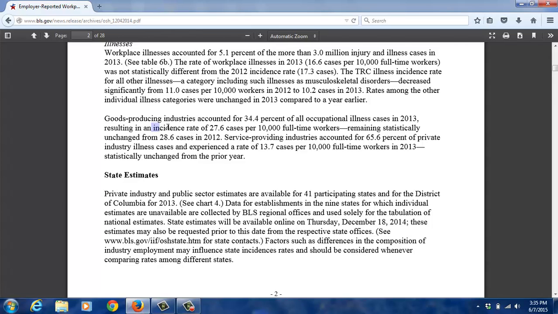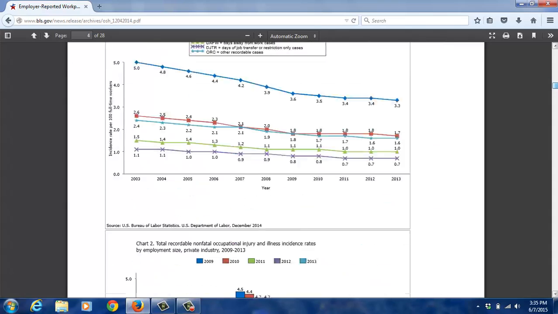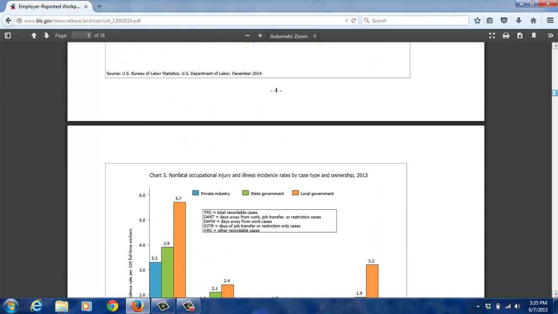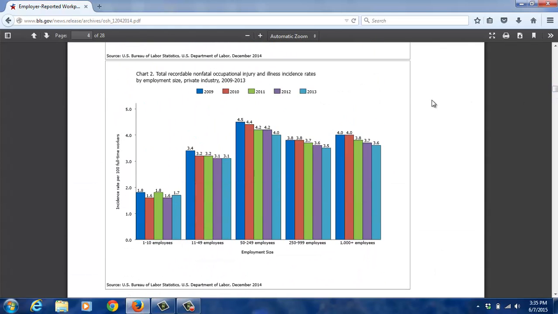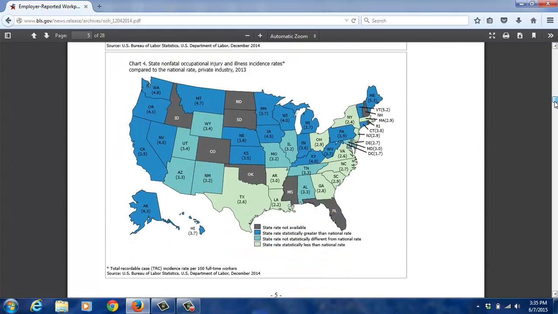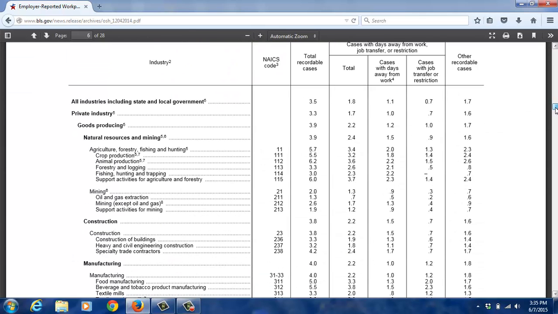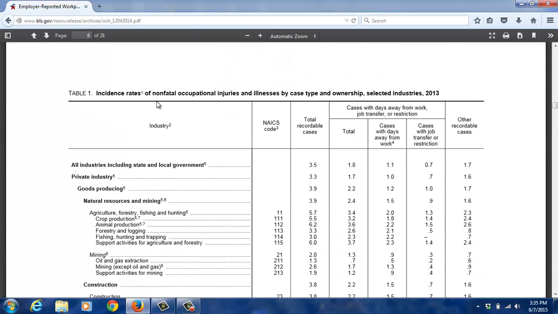The way we calculate this is based on what is on the OSHA log, and we'll talk about the OSHA log in the next lecture. But if I scroll down to table 1, which is where, oh look, remember that in my Kobe talk, that's the picture I used. I used a device to cut and paste that out of there. Okay, table 1, incidence rates of non-fatal occupational injuries and illnesses by case type and ownership for selected industries in